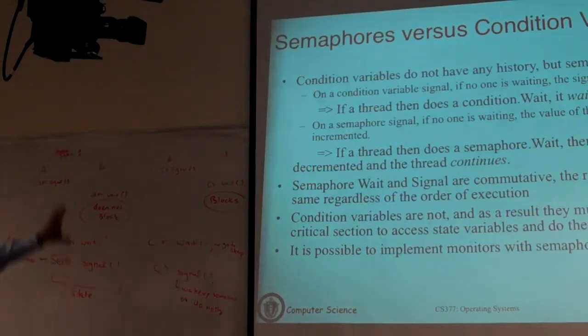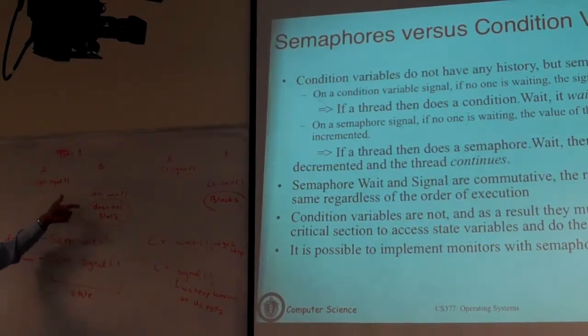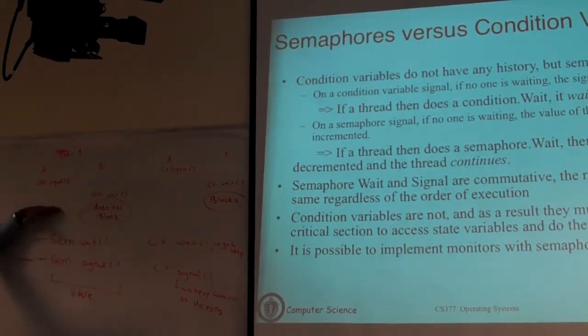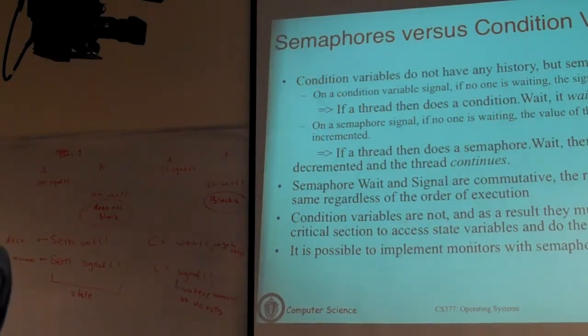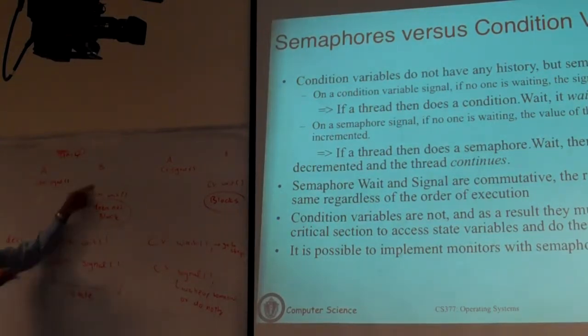Now you ask what happens if you flip the order of wait and signal. You do wait first and you do signal later. What happens? Let's do that quickly. You see the behavior is different there as well. So let's say again you initialize this to 0, and B runs first and B calls wait. Okay, what happens?